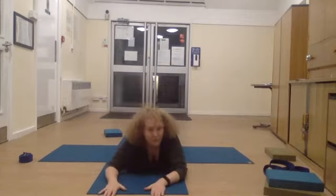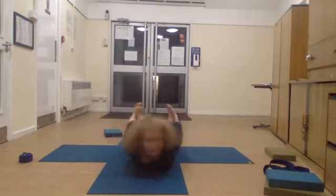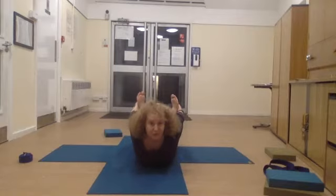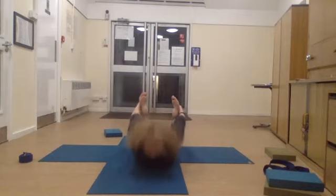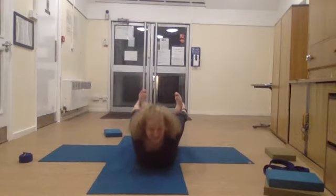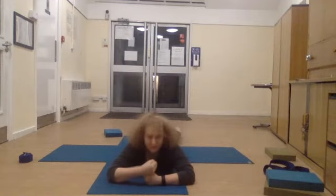And now I'd like you to reach back and get hold of the feet. And then on an inhale, we're going to lift up into back. So push back actively with the feet. That should lift the chest and pull the shoulders back. If you want to, you can rock a bit in back. Completely optional. Kick back, get that lift, and then release. Let the hands come in front of the head. You can do fists if you like, and then let the forehead rest down. Wiggle your bottom. We're going to do that twice, so